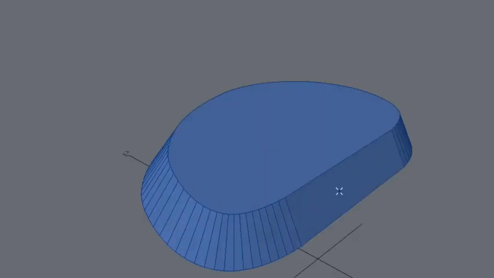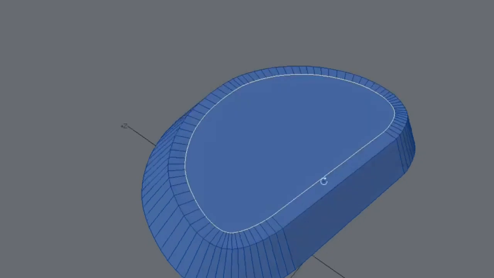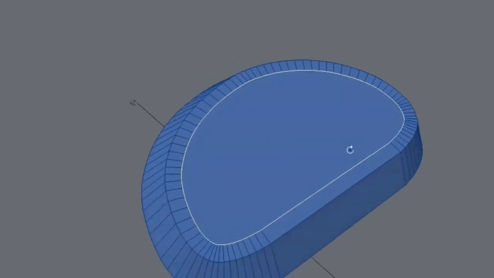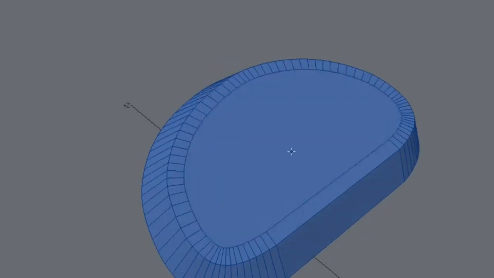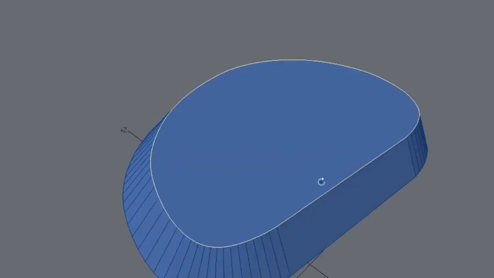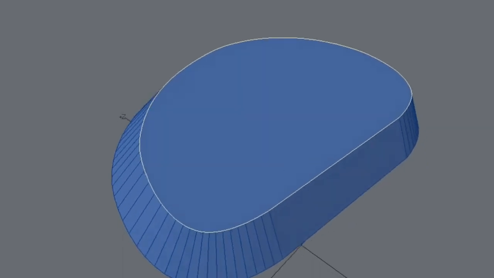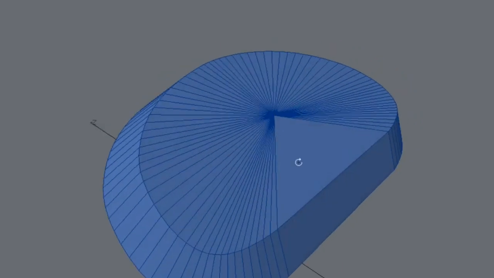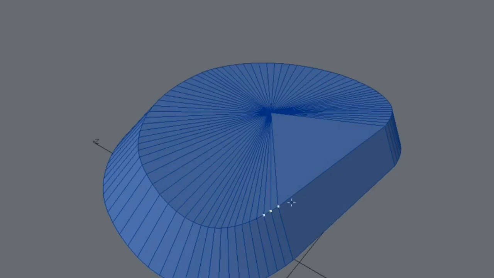Now you might want to use rounder for this one. You can either go like this, or you can make pole, choose to make pole. Up to you really how you go about it. This one is more limited actually, this method here. Depends on what you want to make. So multiply, make pole, more make pole. Now we can use rounder, so we'll take this one. Now we can loop it, and now we can